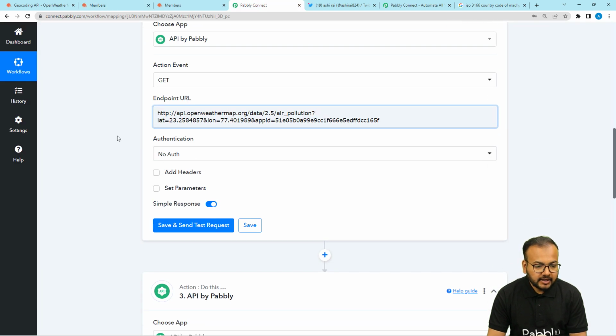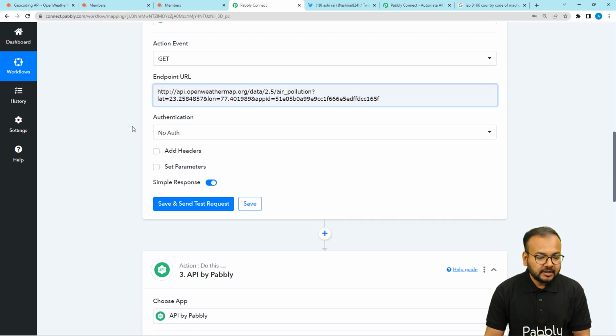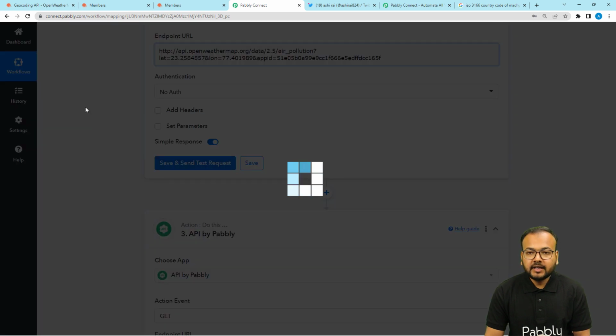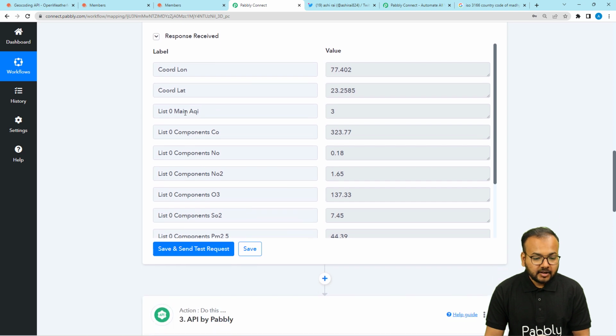All right, and here we got the endpoint URL completed. Now you can click on the save and send test request button, and you will get the details of the air quality of your city like this. So here you can see it started showing the coordinates, latitude, longitude, and here it is showing list 0, main, AQI, that is air quality index, and it is showing a value 3. So it will give you this value, and this value corresponds to this